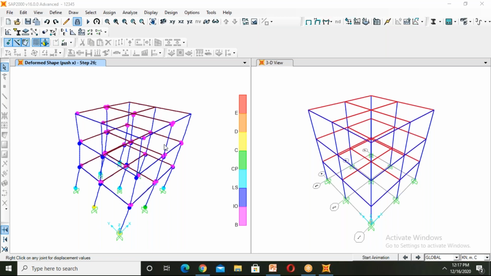Ma'am, I need some topic on SAP 2000 in structural engineering. I have searched a lot, but the results are about construction management using this software. Tanveer, actually you are searching in a wrong way. General SAP is for management.